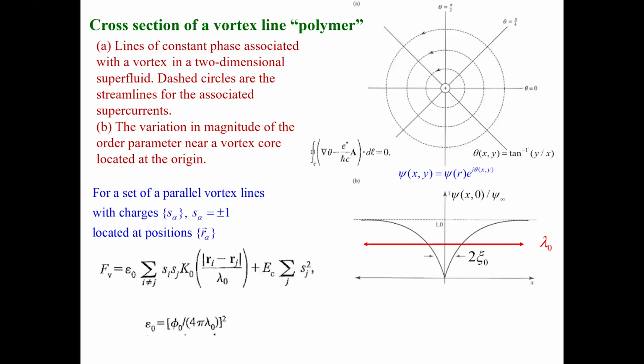But in any event, they interact with a screening two-dimensional Yukawa potential. And as Aharonov showed, it's a repulsive, purely repulsive potential. On top of any repulsion they might have associated with a columnar barrier. And then there's some sort of core energy. So that's the problem. And now, if you let these lines wiggle, which was only worked out much later, after